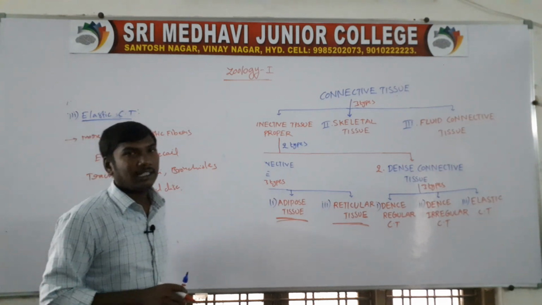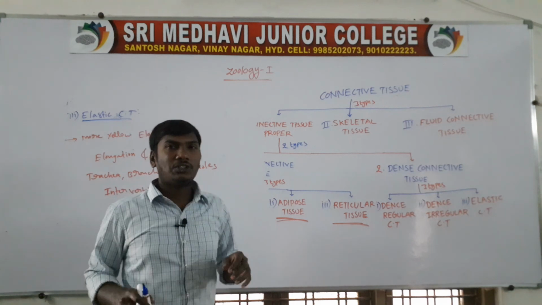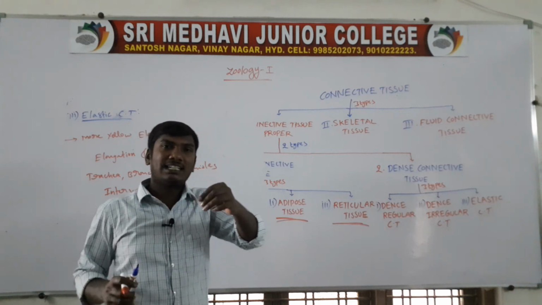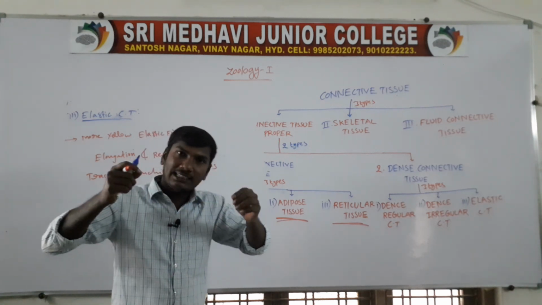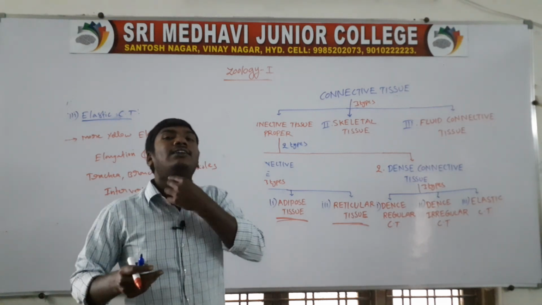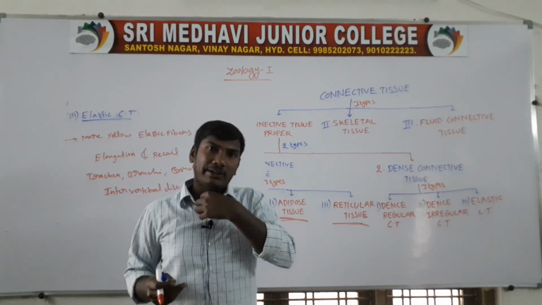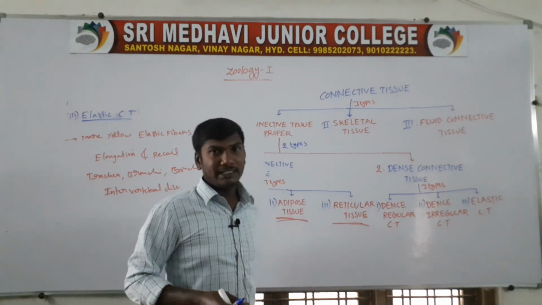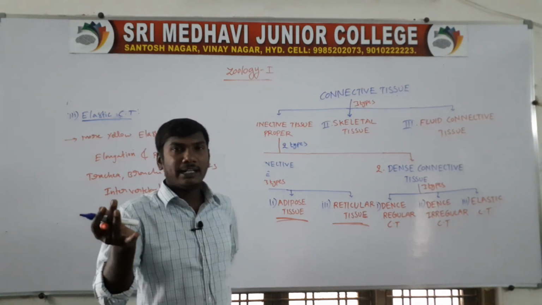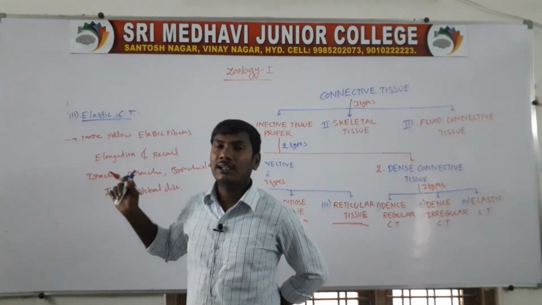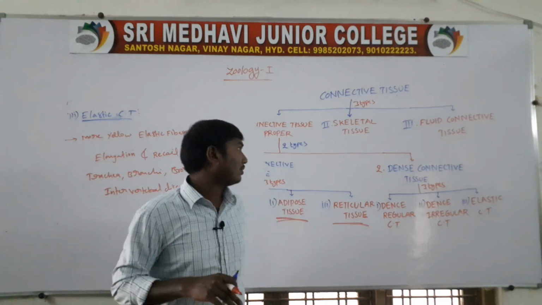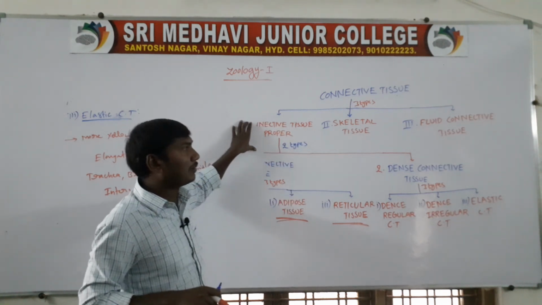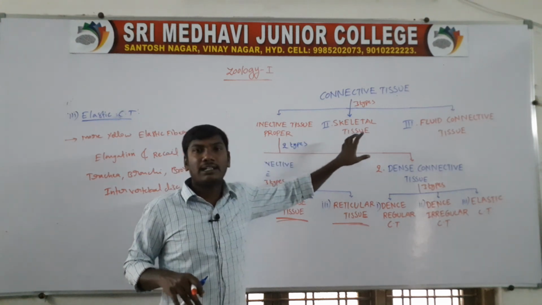The intervertebral disc has elastic connective tissue with yellow elastic fibers, whose function is elongation and recoil. The trachea elongates, and the bronchi and bronchioles recoil. In the intervertebral disc, the vertebral column, the backbone, bends and returns to its normal state. So we have completed connective tissue proper. The next class continues with skeletal connective tissue.